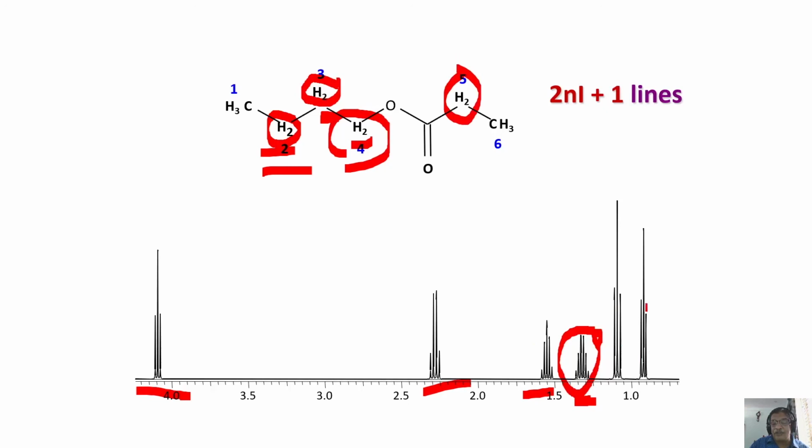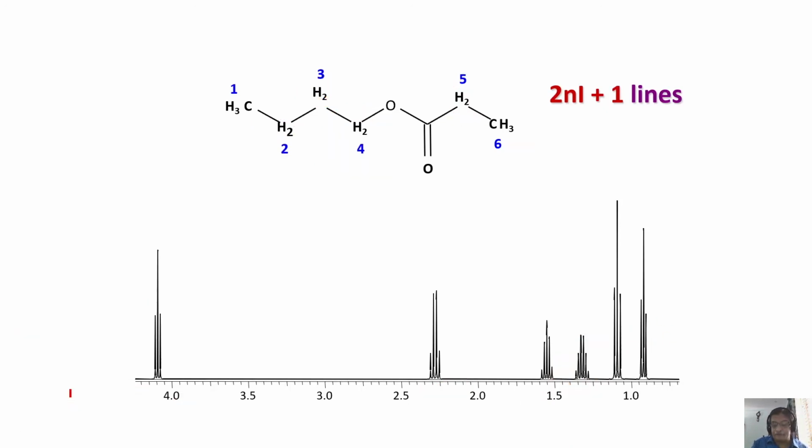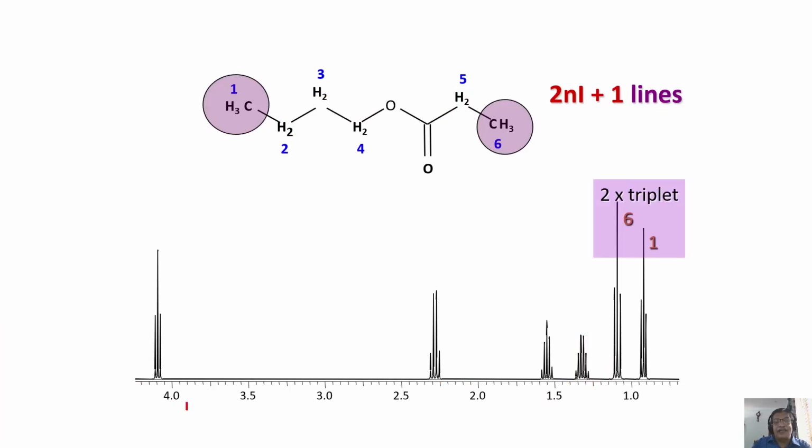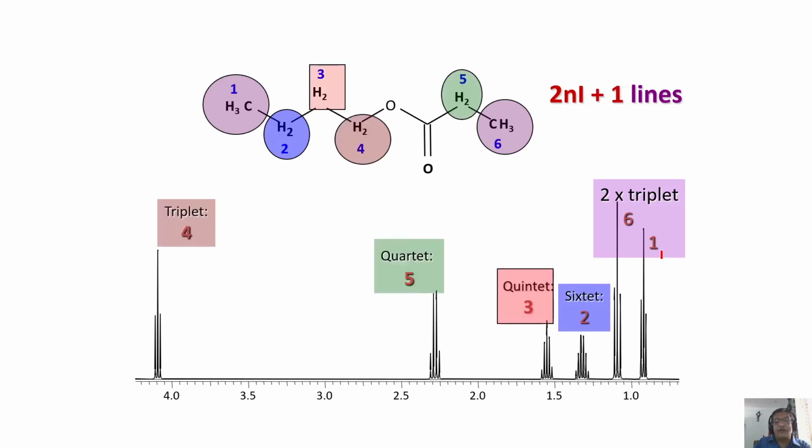Now the only thing left over is these two CH3s, which one is which, that you can assign by making the J coupling measurements. Very easy, you can do that. Either here or there in the multiplicity, this multiplet or this multiplet, measure the couplings, you will know which CH3 is which. That way you can easily assign. So now the assignment has been made, and I said this is 6 and this is 1, and this will be a sextet and this is a quintet and this is a triplet and this is a quartet. So in this molecule you get triplet, quartet, quintet, sextet, everything you have observed here.